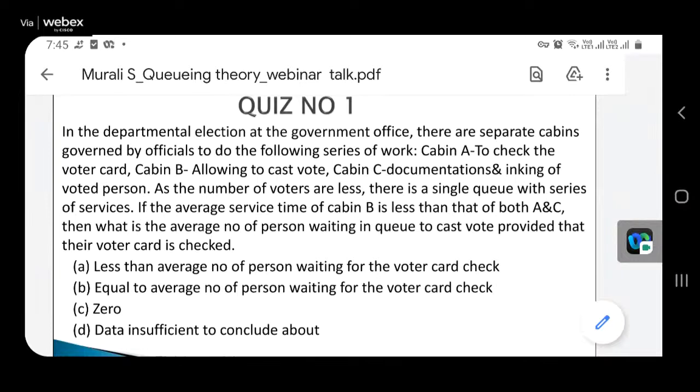There are three servers. While you are giving your answer, I am using this quiz to ease your question, so you can still answer easily. There are three cabins, which means there are three servers ready to provide the service. So it is a multiple server, and that too a series queuing system. That is clear, and we were discussing that also.